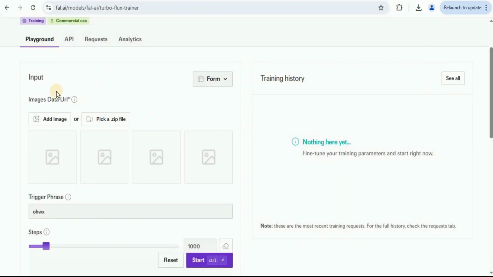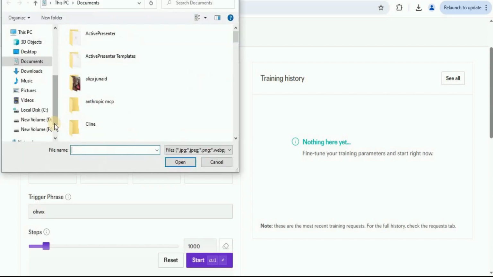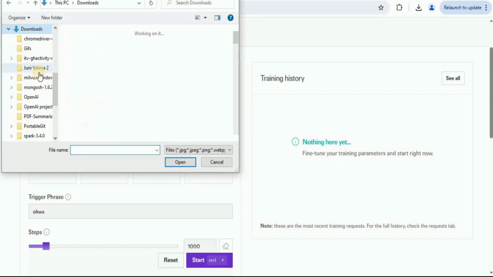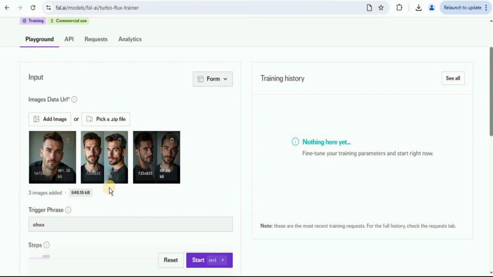Now let's go ahead and upload the images. Inside this upload form, you have to click on add image, and then you can upload a bunch of different images. Alright, these are the images which I have uploaded. You can see that we have a front profile, we have a side profile for both the left and right side, and we also have a tilted image too.